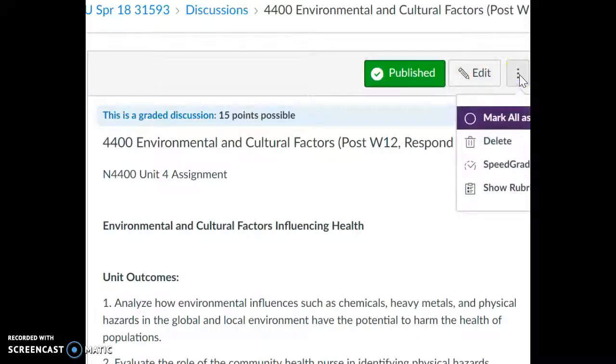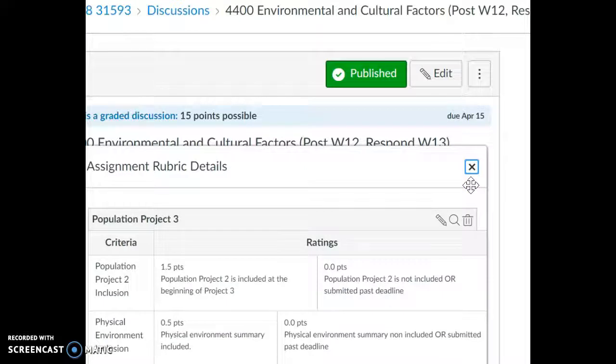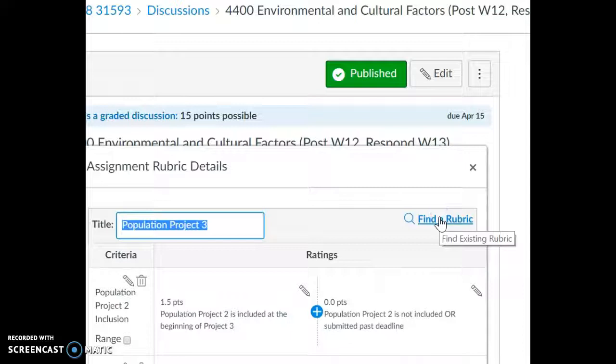When you click on those, you can go down to, I'm going to move the box over low, go down to Show Rubric. When you do that, you can come down to the Edit button, or this little pencil. And it'll give you the option of finding a rubric. So when you go to Find Rubric,